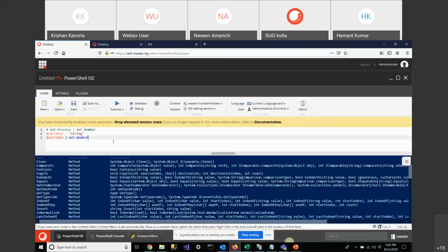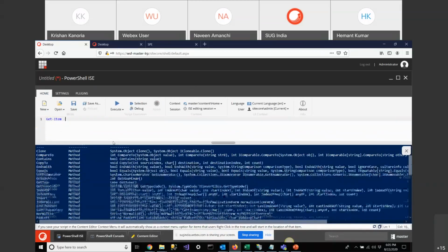So for Get-Item, I'll go again in PowerShell ISE. I'll write my command Get-Item. And for this, as we know, we have already seen in Get-Help, the syntax of this is Get-Item, then Path, then we need to provide the path. Suppose if I want to check here also, again, the syntax is what I need to do. I'll just select this, then I'll press Control plus Enter.